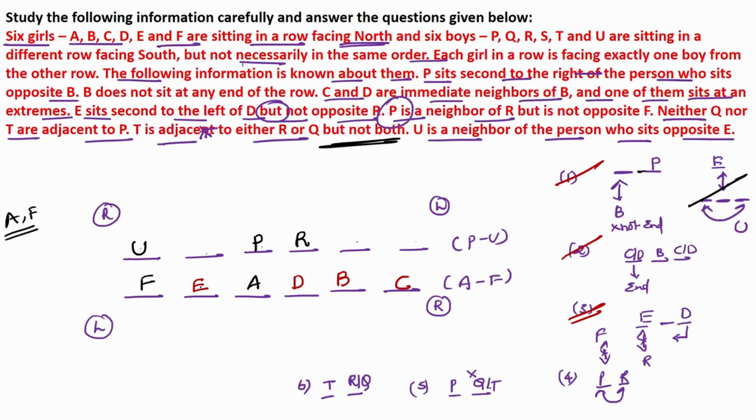P is not adjacent to either Q or T. We can't place Q or T next to P. So definitely these are the two places for Q or T. Why? Because P is not a neighbor of either Q or T. Now we are left with one person, that is S. Next, Q or T. Now you already know that we can't place Q here. Why? Because T is the neighbor of either one of the persons, not adjacent to both. So you can confirm Q here and T here. Every bit of information is most important, guys. So done.